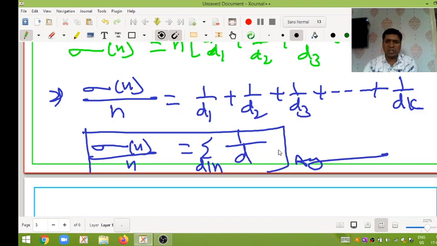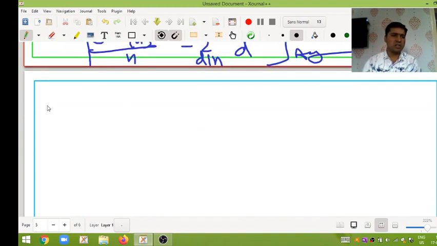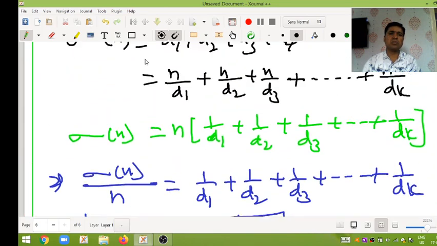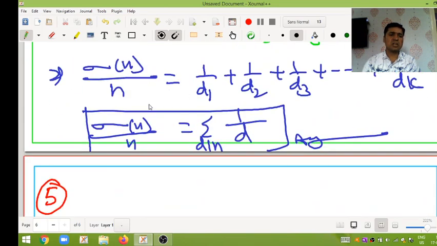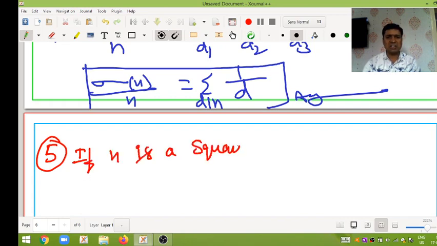I will move on to the next one. Fifth question. One more most beautiful and important problem. Sorry, this was about the fourth problem we discussed. Now we discuss the fifth problem. See the fifth problem, my dear friends, my dear students. If n is a square free integer,